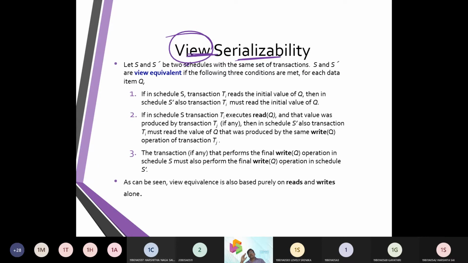If such is the case, then what is view serializability, or when is it going to happen? There are two violations of view serializability. If there is a concurrent write operation, one write after another write operation, whichever write operation is taken up last is the one that is considered. First key takeaway: I have write 1, write 2.